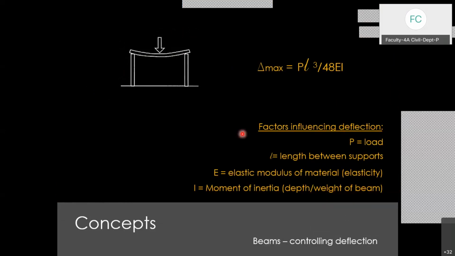So what are the factors that mostly influence the deflection? If you just look at the maximum deflection, in case of a simply supported beam subjected to point load at the middle portion, it will have PL cube by 48 EI. So what is the major part? What is the load acting on it? What is the intensity of it? And then what is the distance between the supports, or you can say the L part, this is L.